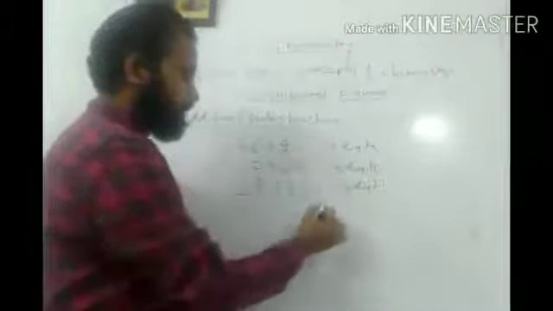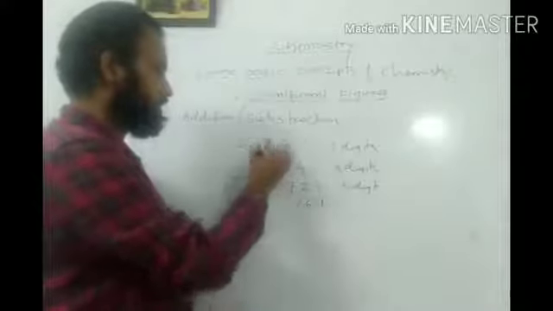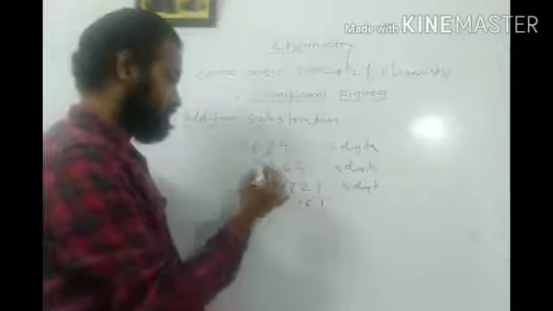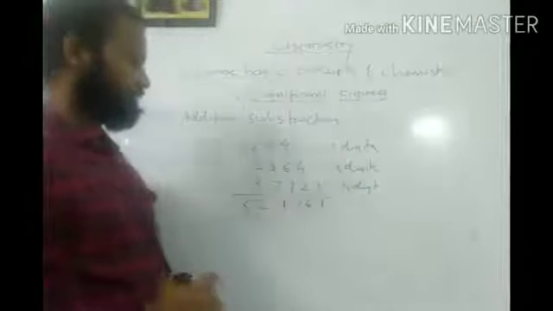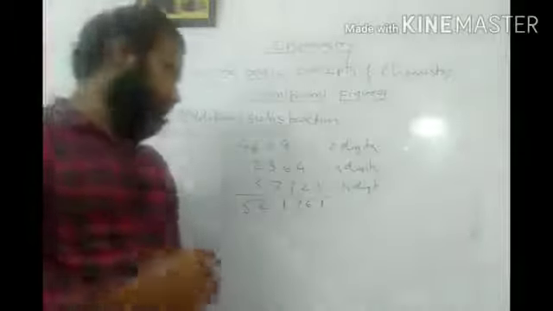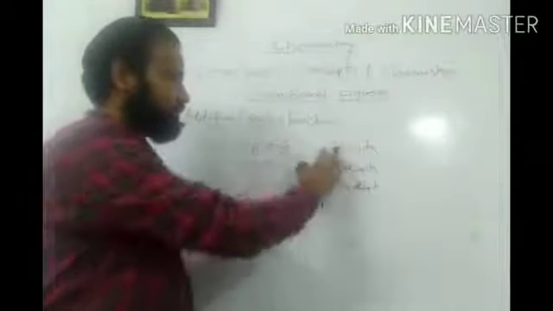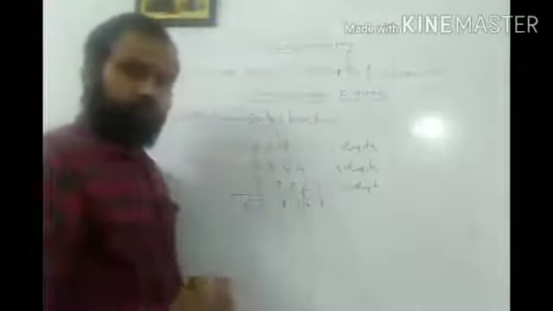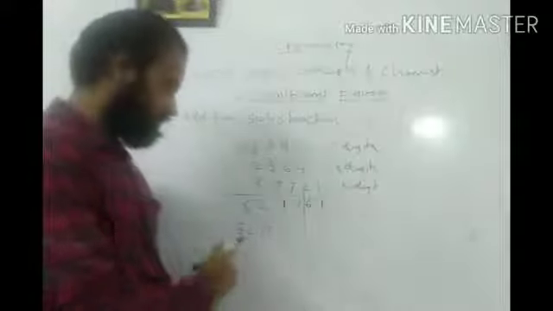So I am going to add them all. First, 1 as it is. 4 plus 2 is 6, 6 plus 4 is 10, 1 is remaining. 3 plus 1 is 4, 4 plus 7 is 11, 1 is remaining. 7 plus 2 is 9, 9 plus 3 is 12, 1 is remaining. 52.1761 is your answer. Now according to our criterion, I consider the minimum digits after the decimal place and restrict my answer. Two digits are the minimum out of these three values, so I am going to restrict our answer at this position. So my answer should be 52.17, and the significant figures are 1, 2, 3 and 4.